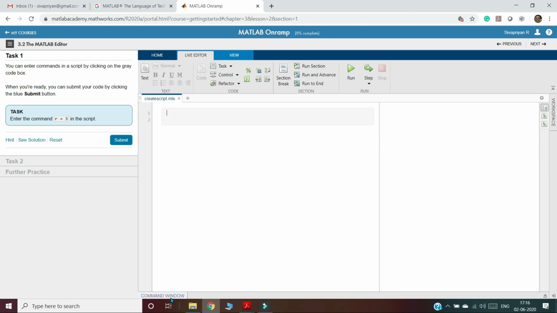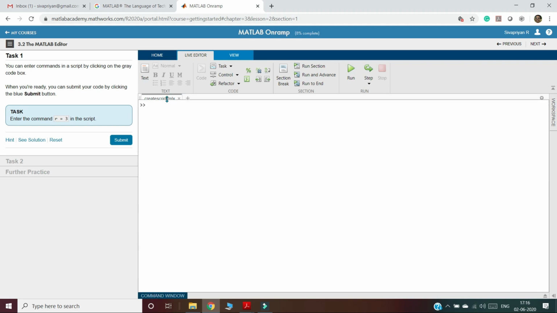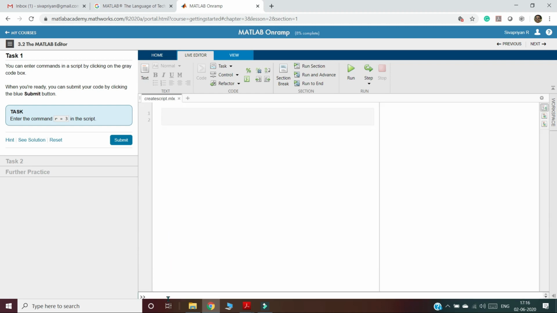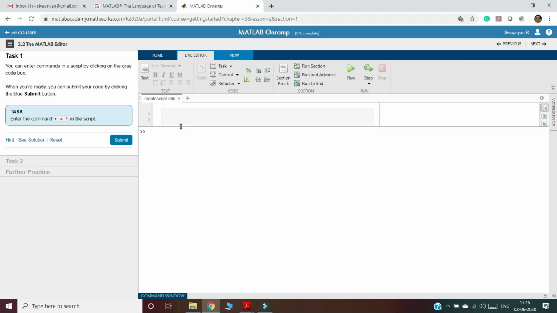Last session we practiced with the command window, down here. We made it large and completely hid the live editor window by enlarging this command window, and all we practiced in the command window, like a equal to 1, b equal to 2, then c equal to a plus b.